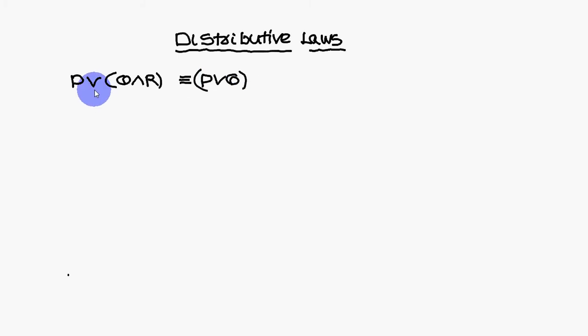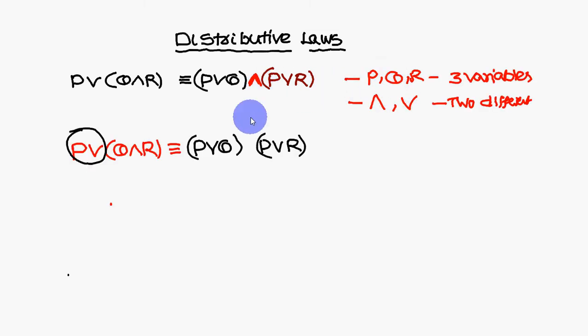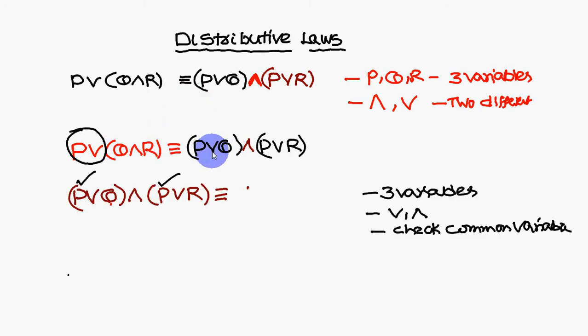Next, the distributive law. You can apply the distributive law when an OR symbol is there on one side and an AND symbol on the other. Here you can write (P or Q) and (P or R). Whatever symbol is left with AND, you have to write it here. So this is about the distributive law. Next, these are also the same thing, distributive law only.